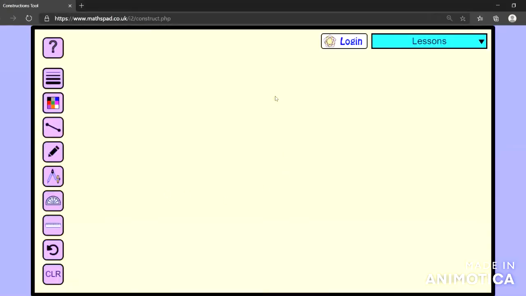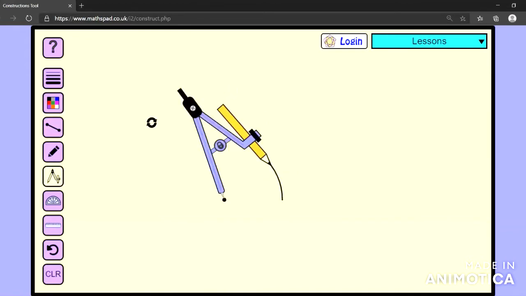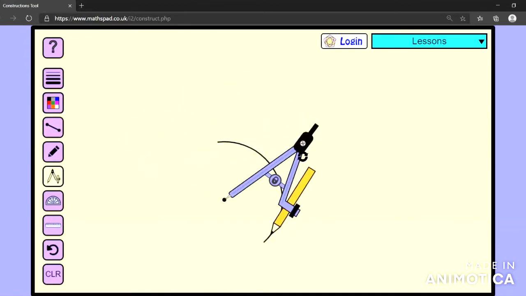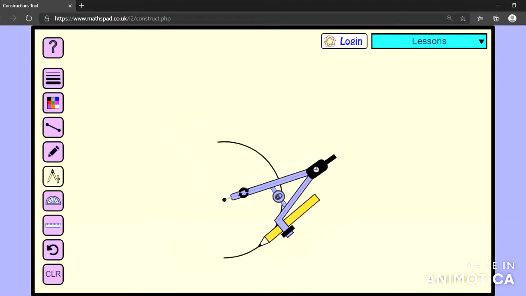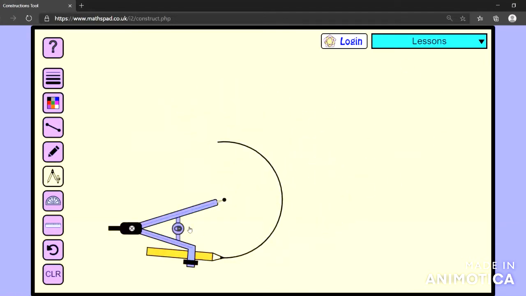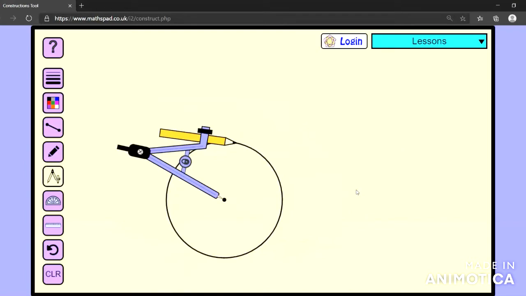Welcome back 10th standard. Today we will be doing question number 7 from exercise 11.2. In the question you have been given to draw a circle with the help of a bangle. That means that you are not given the center of the circle. So the first thing will be to identify the center of the circle.